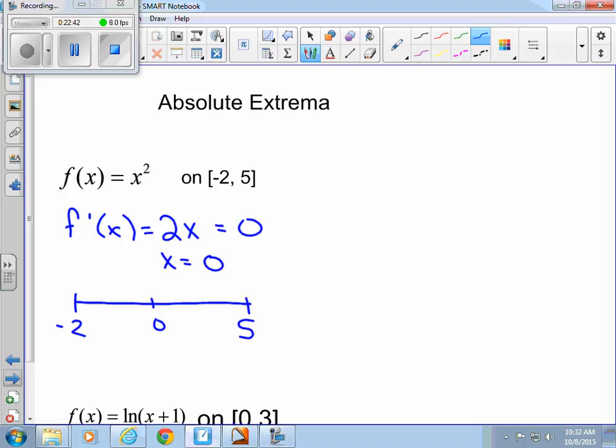I'm going to plug in a number between -2 and 0, and I get -1, so it's negative. I plug in a number from 0 to 5, and I get a positive. So you could probably tell without doing any work that 0 is an absolute minimum, right? Because it's decreasing on the left and increasing to the right. But to find absolute extrema,